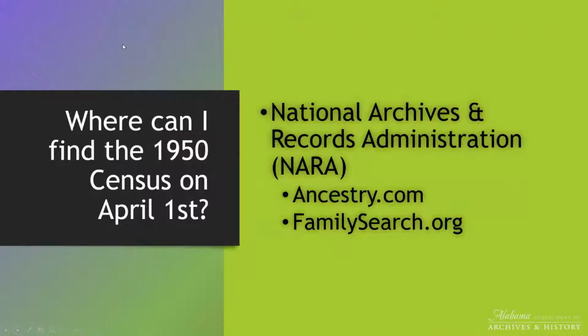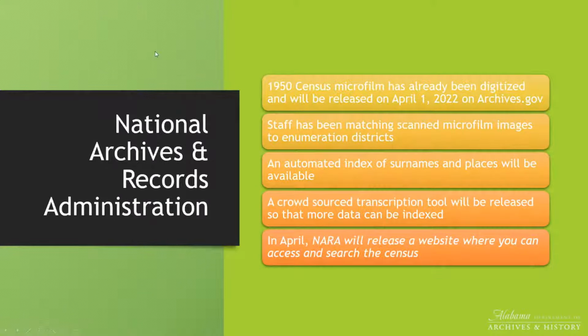So where can I find the 1950 census on April 1st? Well, NARA is going to release it, and then once they do, Ancestry and Family Search are going to download it. Now, you as an individual can download it yourself too. April 1st, they're going to offer you the ability to download it for yourself, and that's the same day that Ancestry and Family Search are going to get it. They're not going to get it any earlier than anyone else. So the 1950 census microfilm that is at NARA has already been digitized, and it will be released April 1st